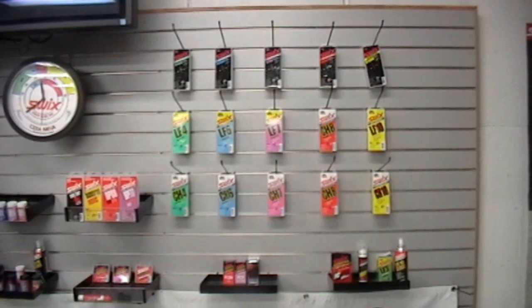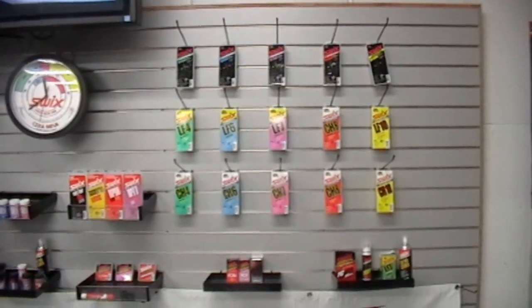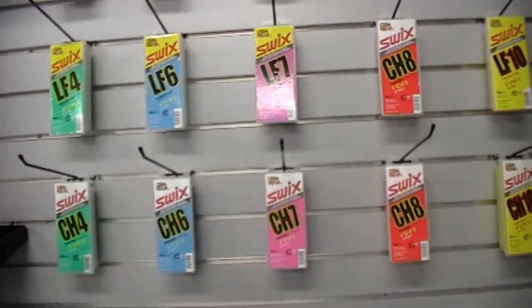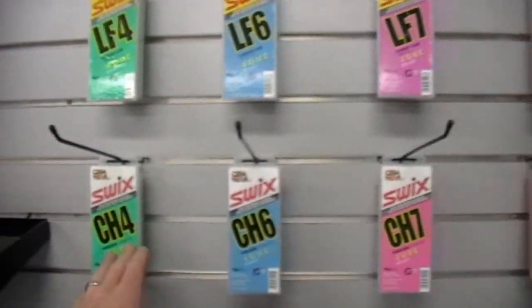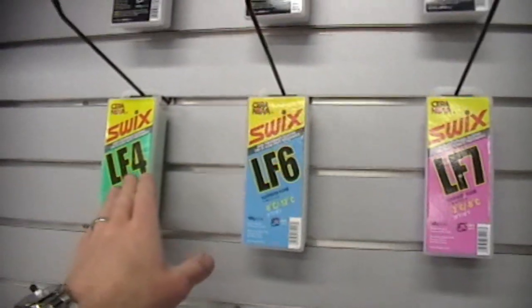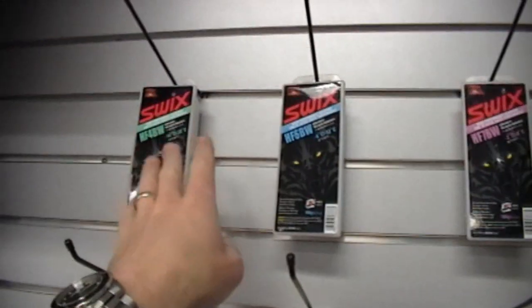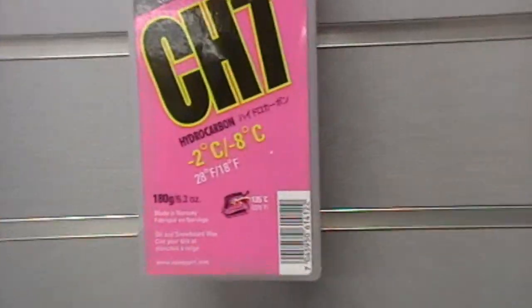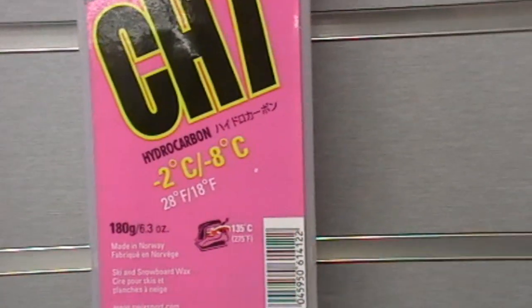Okay, this is a brief overview of the Swix wax system. Swix has 5 different bars of wax within their line. You have CH4 all the way to 10, and then you're going to have that same temperature range in LF and also in HF waxes. 5 different bars, and you just pick the temperature for snow, and you look at the snow crystal to see